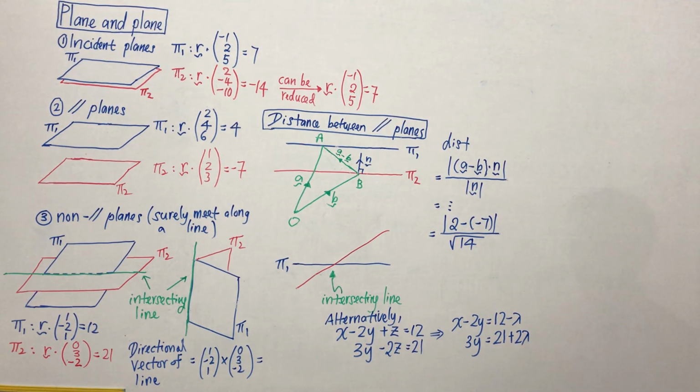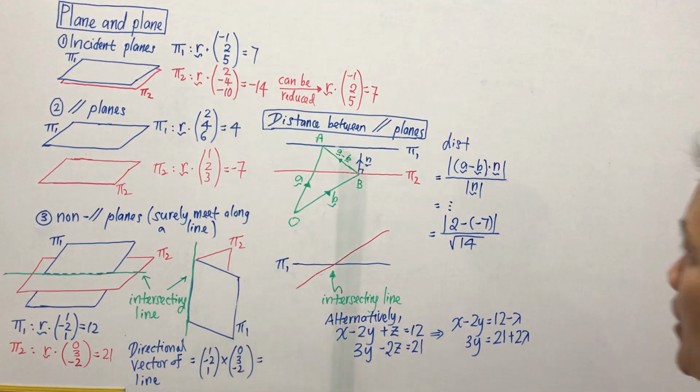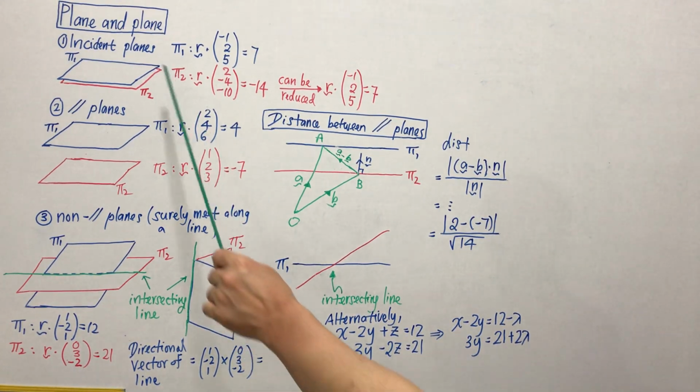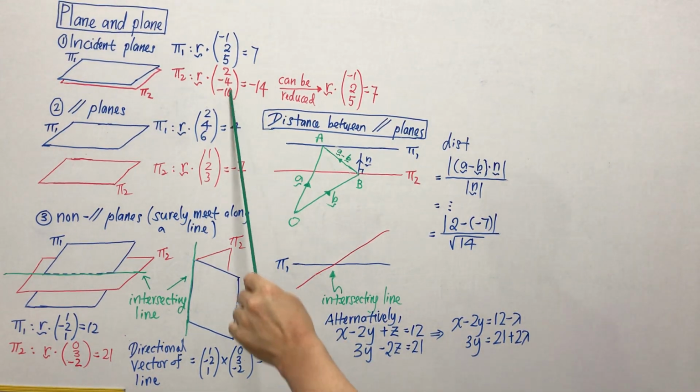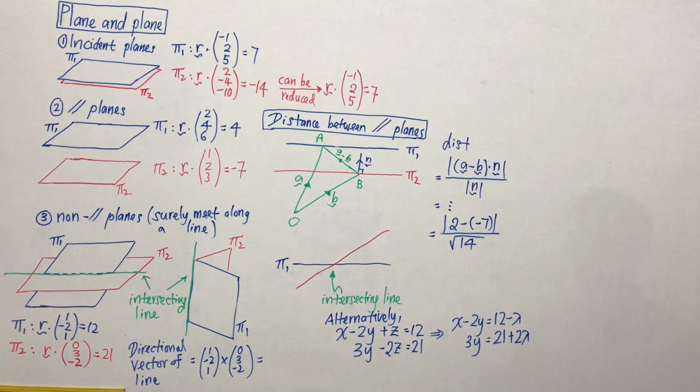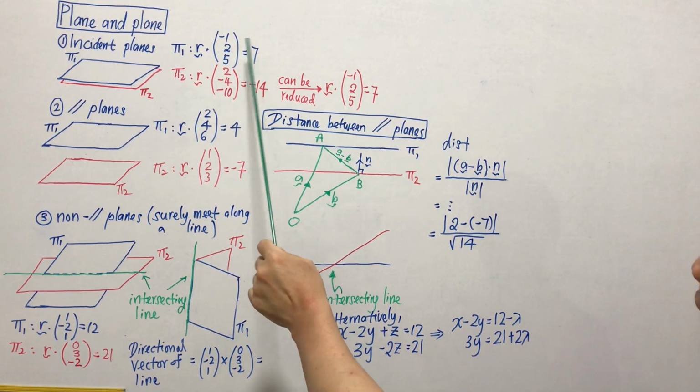To be incident planes, the two planes must first and foremost be parallel to each other. How would you know if two planes are parallel to each other? The moment the two normal vectors are parallel to each other, then the two planes will surely be parallel to each other. In the case of incident planes, apart from being parallel, if one plane can be reduced to the equation of the other plane,